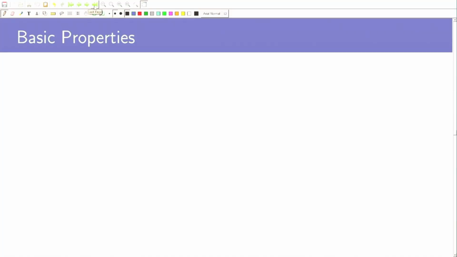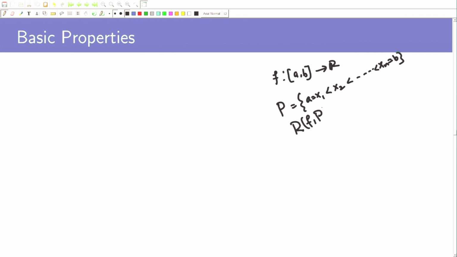Welcome. So, in the last lecture, we were discussing, rather recalling, the concept of Riemann integration, and let us have a quick review of what we did. If f is a bounded function defined on [a, b] to R, then we first take a partition of [a, b] as a = x_1 < x_2 < ... < x_n = b, and then we define the Riemann sum of f with a corresponding partition P